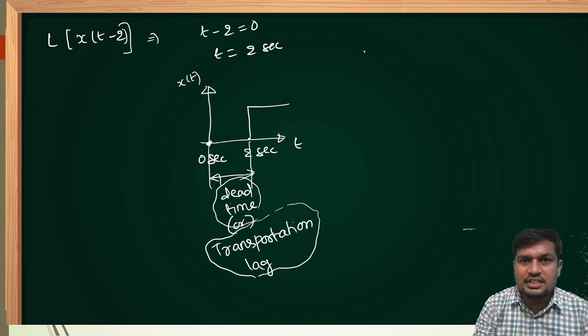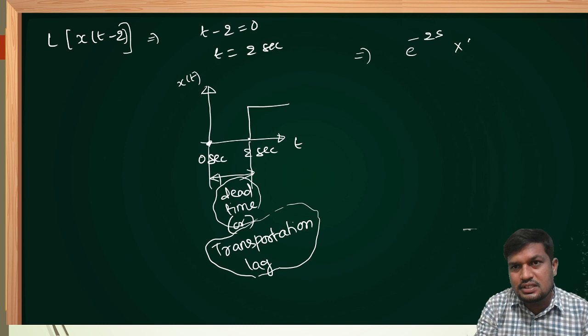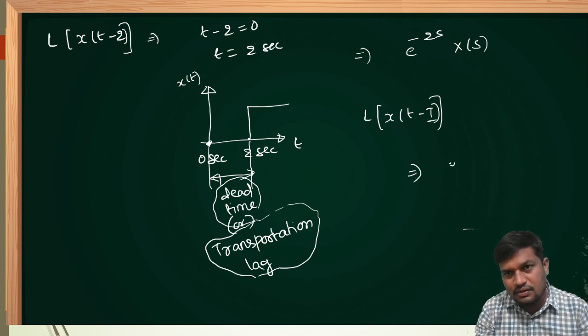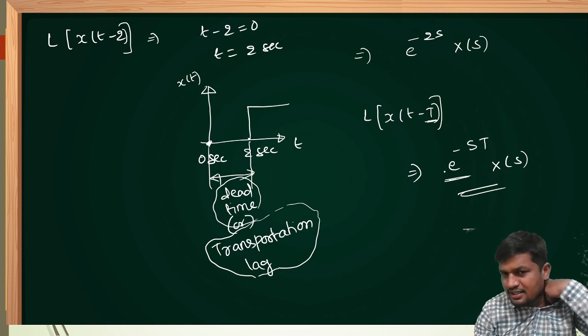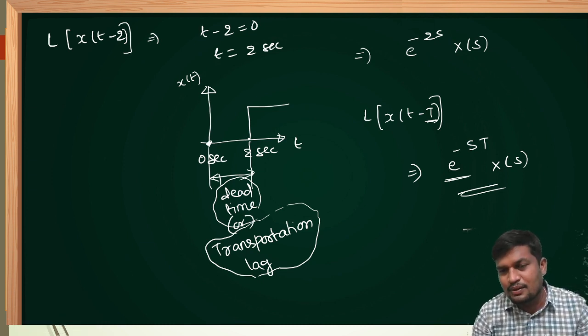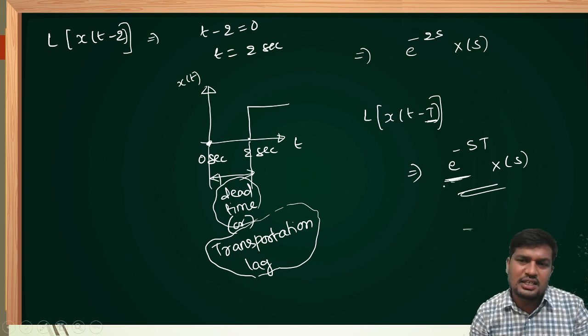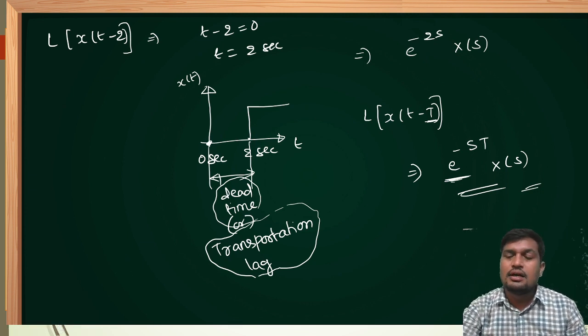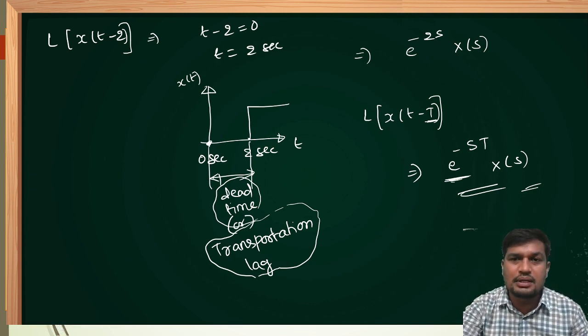Now, this Laplace of x of t minus 2 is delayed by 2 seconds. Therefore, it is e power minus 2s into X of s. Suppose, dear friends, Laplace of x of t minus T is there. It is delayed by T seconds. Therefore, e power minus sT into X of s. It is lagged by T seconds. Therefore, it is e to the power minus sT. Generally, faculty usually explain e to the power minus sT and X of s, but e power minus sT X of s also remains the same. These are some of the basic formulas in the Laplace domain to solve some control system questions with respect to mathematics. Okay.